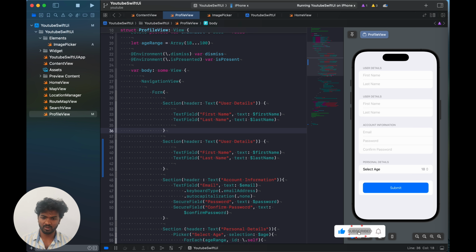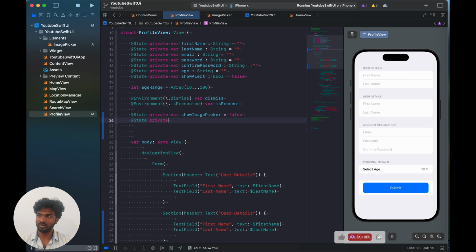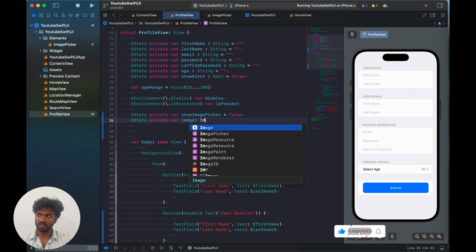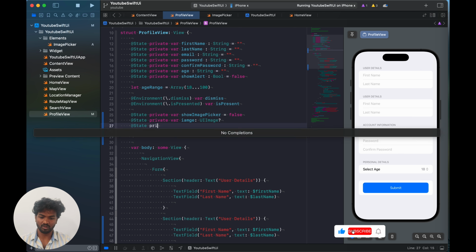So here I'll create one VStack inside this. Before that, we'll create two state variables. Private var showImagePicker is equal to false. Then another state variable, private var image. Then another state variable, private var